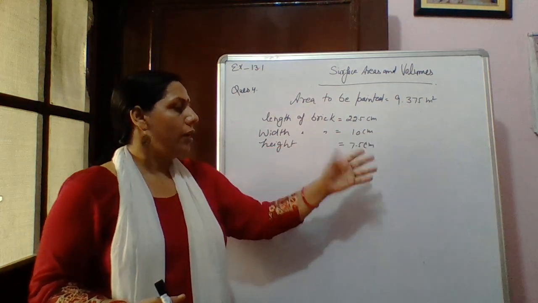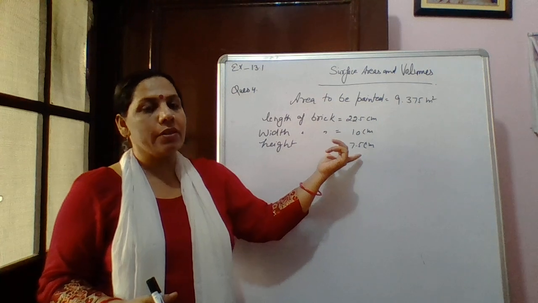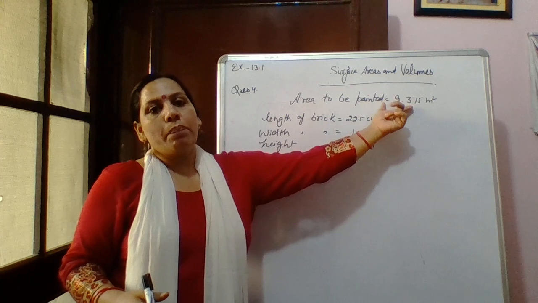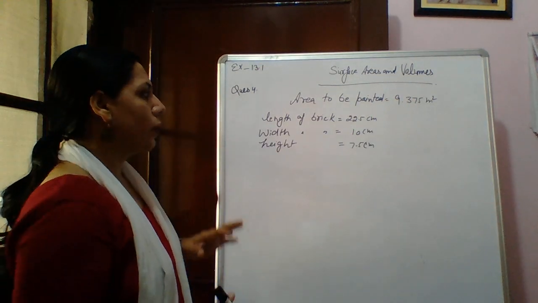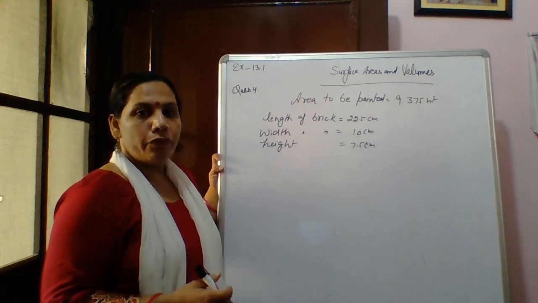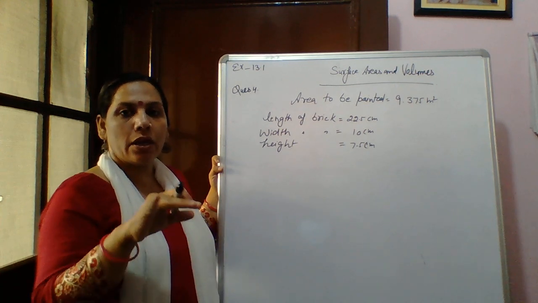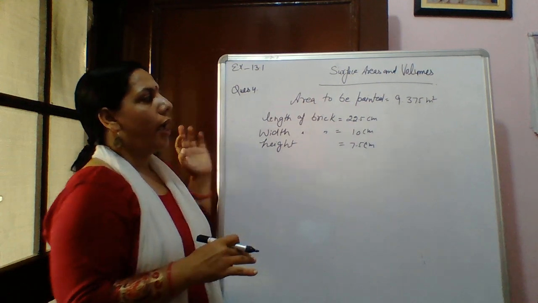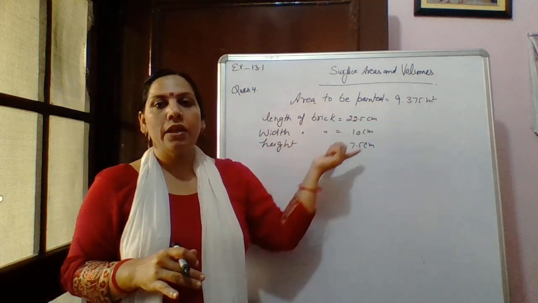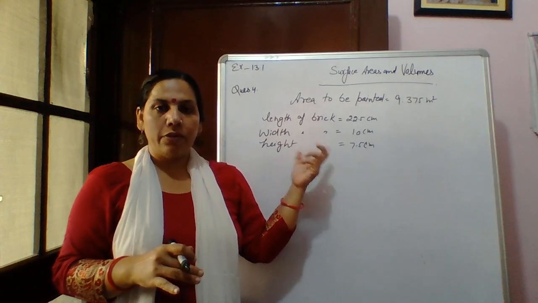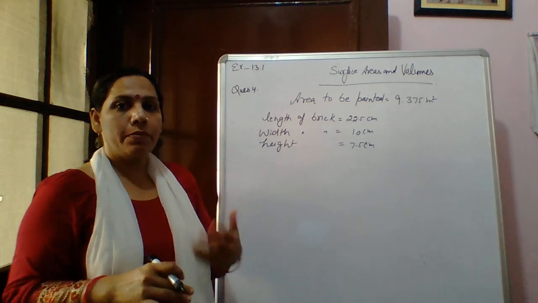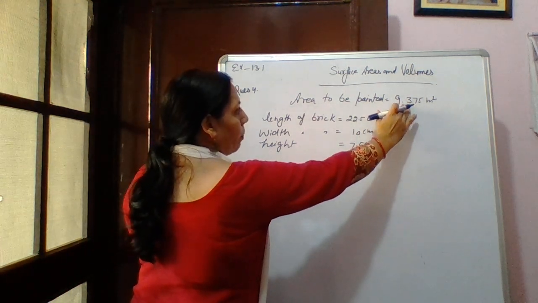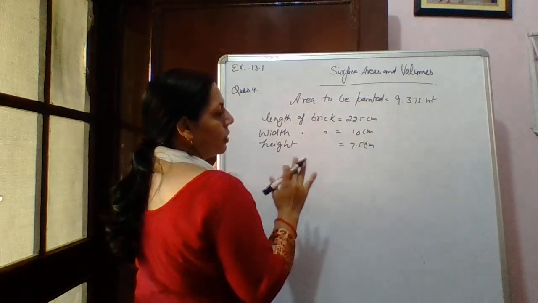हमें ये बताना है कि how many bricks, हम कितनी bricks को paint कर सकते हैं उतने पेंट से जितना इस एरिया को पेंट करने के लिए पेंट enough है. So first of all हम find out करेंगे total surface area of a brick. हम one brick का total surface area find out करेंगे and we will divide this area with the area of the brick. Then we can get the number of bricks कि हम इतने number of bricks को इस पेंट से जो कि इतने एरिया को पेंट करने के लिए enough है पेंट कर सकते हैं.